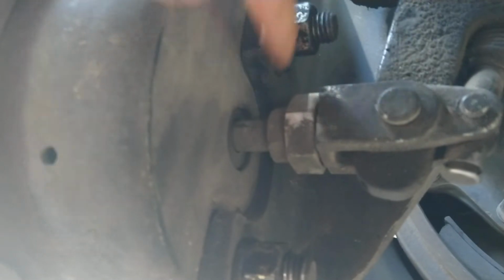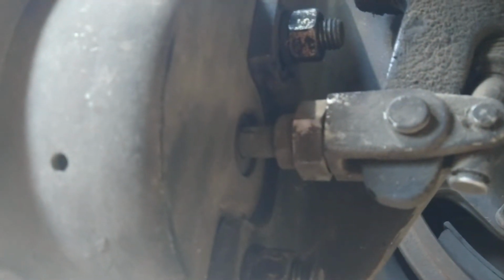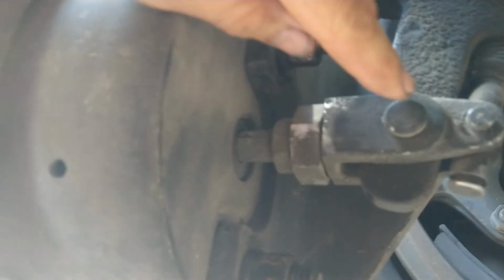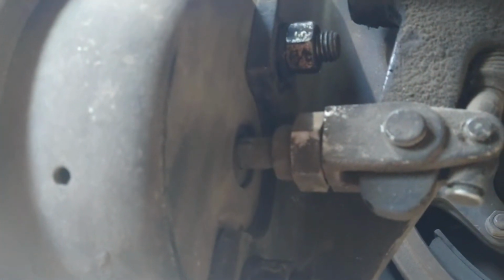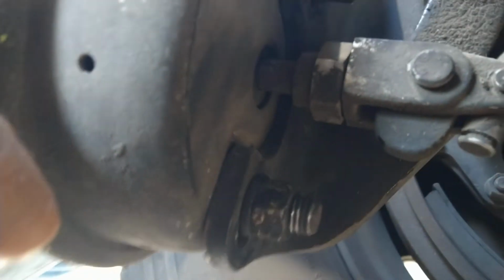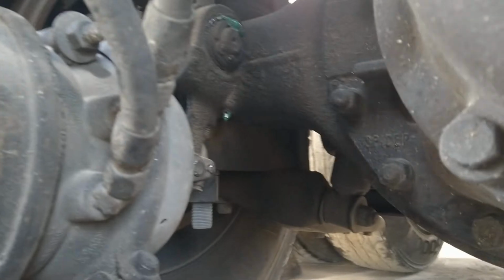I do not know how the person who put this all together couldn't see that. And I don't know how they got these pins in place and all. It must have been an awful struggle. I don't know what they did. I really don't. I don't need to see and understand how somebody could have screwed that up so easily, when it was probably more work to screw it up than to do it right. But anyway, what it did is took